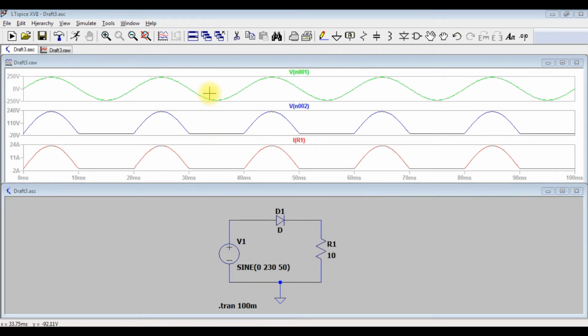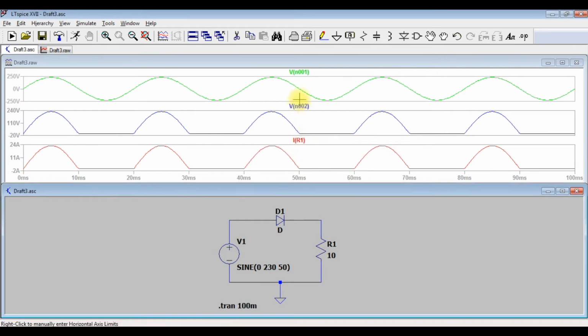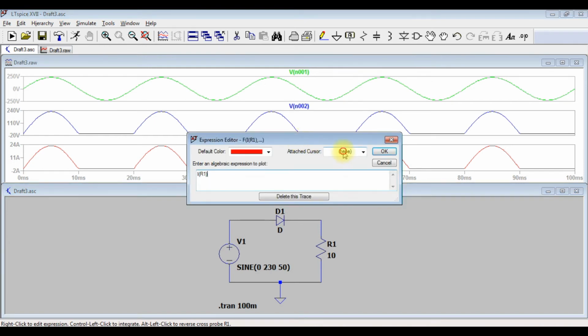So now the waveforms are ready. If you want to analyze the waveforms, here the input voltage is 230 volt and the resistor is 10 ohm. So obviously the peak current should be 23 amps. To analyze that, you can just right click on this one and select a cursor, right? You just simply go and right click on the parameter you want to analyze. When you move it over the particular probe, it will automatically show the hand symbol. Right click on it, select cursor.